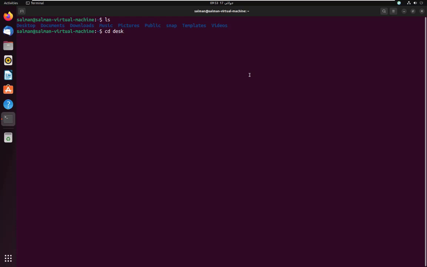No, this is not an error because the Linux operating system is case sensitive. As you can see, Desktop starts with a capital D. So if you write a small d, as I made this mistake, it will not recognize the command. So I will correct it by typing capital D E, and now I again hit the tab key. You will see what will happen. It will autocomplete my command, and we don't need to type the whole command itself. It is called tab completion.